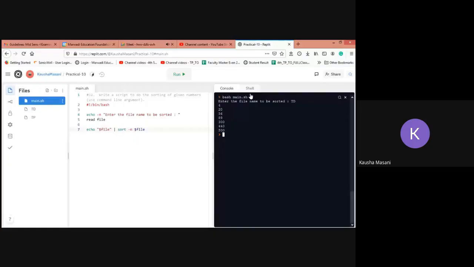You can give the file name, but that is when you are directly using it in your main directory and directly giving sort dash n and the file name. But we are writing one script. We are asked to write one script. So that's why in the script I'm writing it as an argument to be passed. The file name is passed as an argument. Argument in the sense that I'm fetching the value, whichever it is, reading in this particular variable.